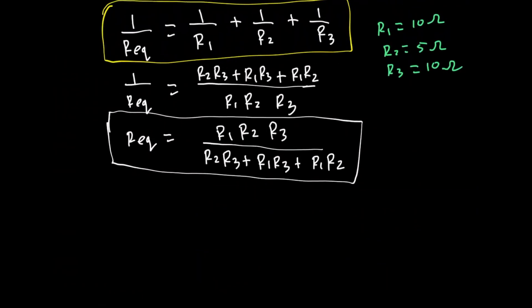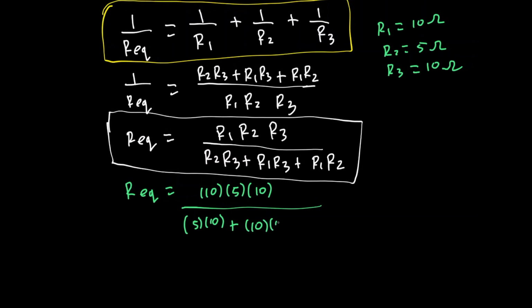Yup. And to calculate R equivalent, we just plug it into our equation. So R equivalent is equal to R1, which is 10, R2, which is 5, and R3, which is 10, over R2 R3, so 5 times 10, plus 10 times 10, plus R1 R2, which is 10 times 5. Now we plug this into our calculator. And after plugging it into the calculator, you should get 5 over 2,